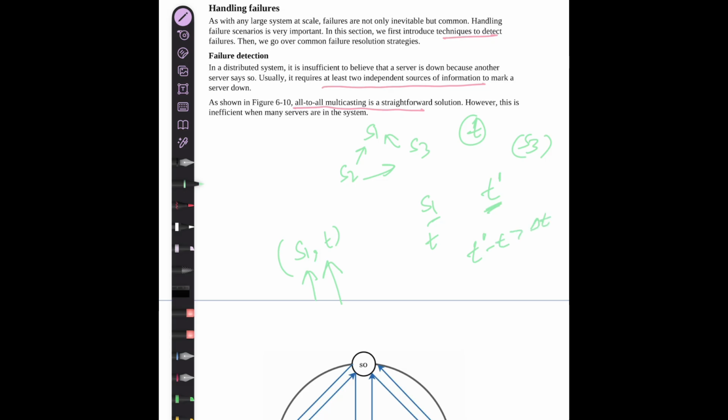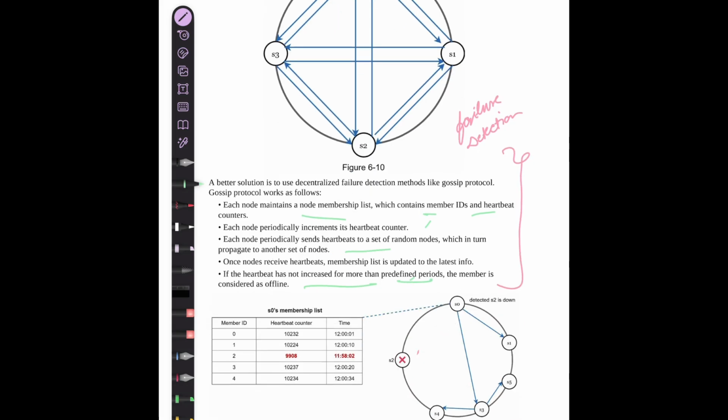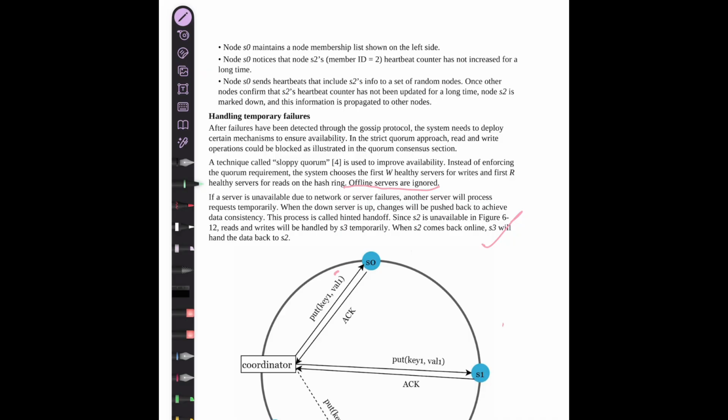How does it verify from other nodes? It sends a message to other nodes, more like a gossip protocol. Did you receive a heartbeat from S1? So if there is some node who might have received a heartbeat from S1 at a time greater than t, then it won't conclude that it is dead, right? So that is a gossip protocol here. Each node maintains a membership list, which contains member ID and heartbeat. Each node increments its own heartbeat counter and sends it to the set of member nodes. If the heartbeat for a particular node has not increased for a predefined period, it declares the member dead.